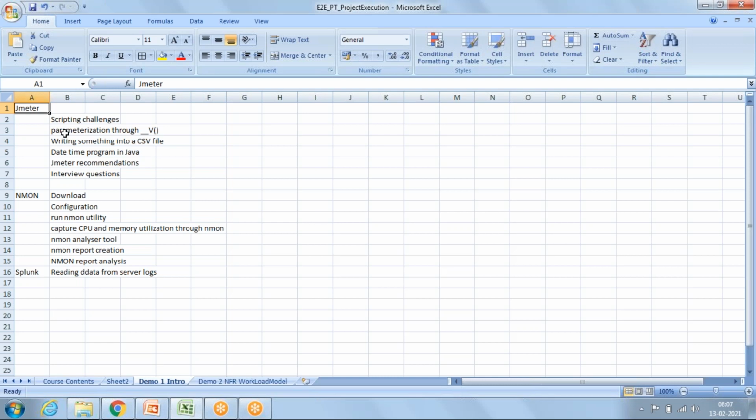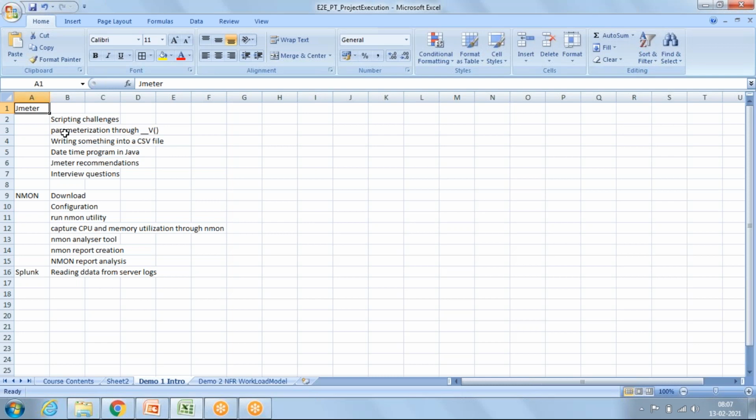We will prepare a script for all the complex scenarios. After that, we will prepare a script for the double underscore V function. Then we will design a script in BeanShell to write some value or some output into a CSV file or a text file.